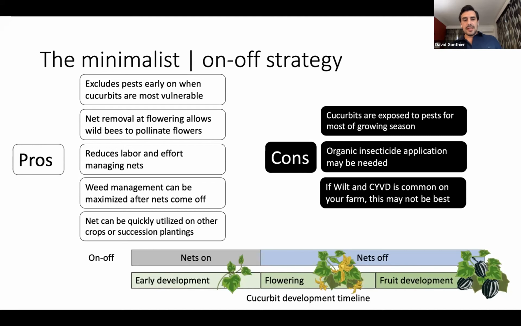It's also less labor intensive. And one other really great pro about this strategy, as Ajay was alluding to, or Mark, is you can then quickly use these nets for something else in your farm that could benefit from a row cover system or a mesotunnel system. The cons, though, are really that this system is exposing your crops to pests for a longer period of time. You may need to combine this strategy with a few organic insecticide applications. And it's not going to provide that full season protection from the pathogens that can be transmitted by